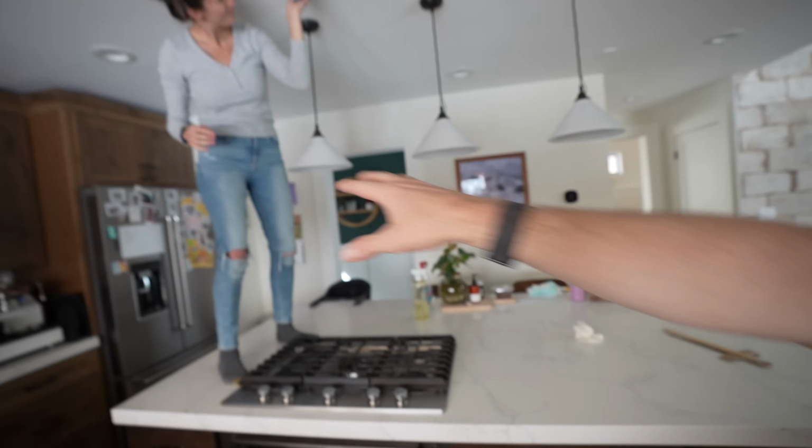So we decided when we built this house, or we opted to not have a downdraft vent. The only other option is to have a range hood that drops down from the ceiling and is mounted right above the stove. And the problem with that is then it blocks your whole view of the island. So if you're cooking or standing here, you've got to look around it to talk to people sitting at the bar and stuff like that. It was just going to be